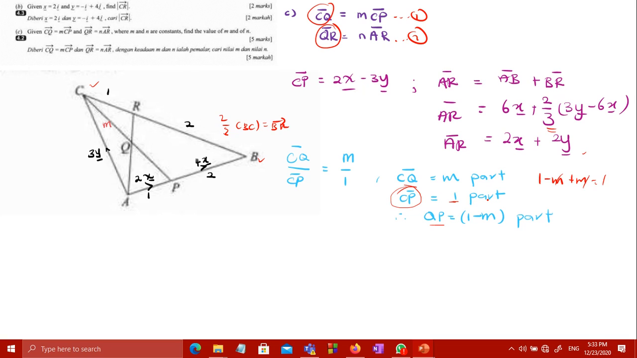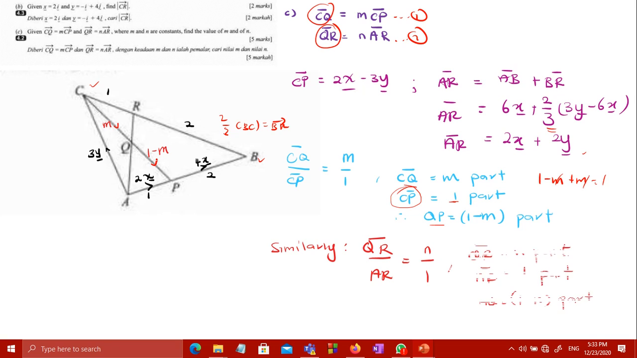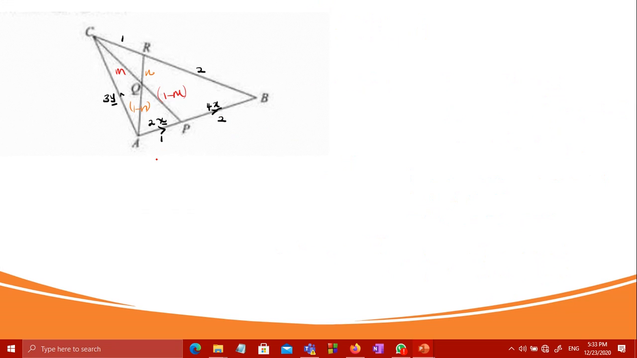So label it. So this is m part, okay? CQ m part, QP 1 minus m part, and do the same thing similarly as the equation 2. So I don't have to explain the process because I already explained previously. Label it n, 1 minus n, like that. But how could we use these informations? Let us see. Suppose we know the relationship between m and n is